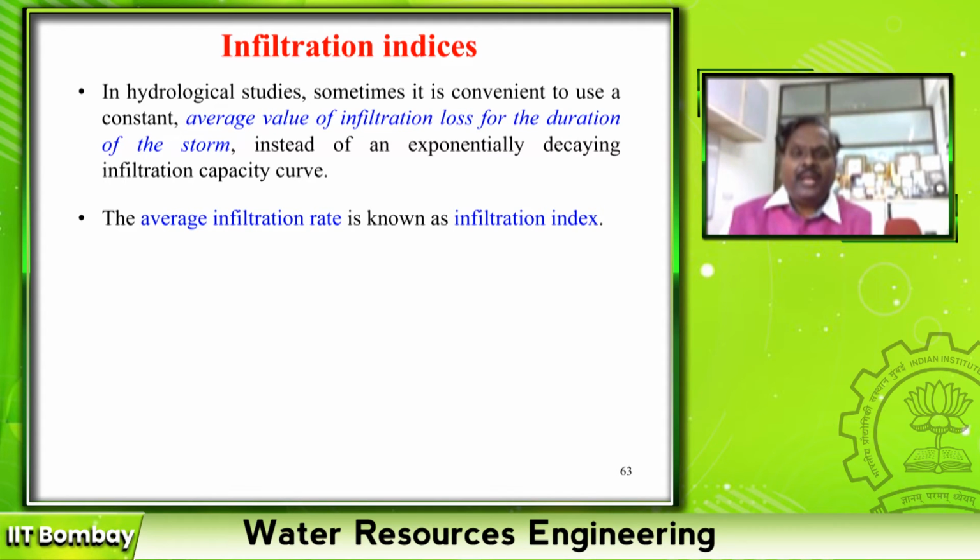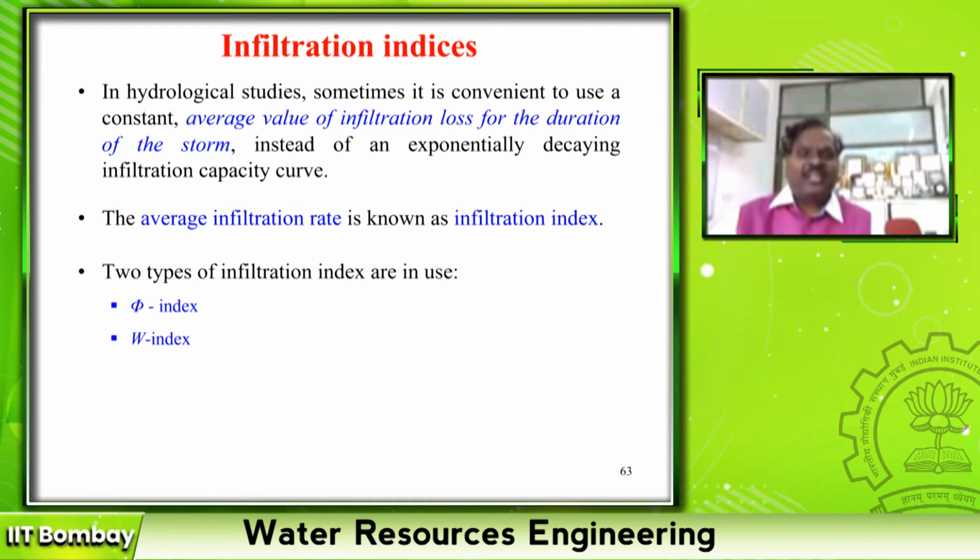But when I am doing a lumped model, like only total rainfall, total runoff, total evaporation, total evapotranspiration, then I have to give the total infiltration. So then what happened? People used to develop an average value for infiltration loss, and that is called infiltration indices. There are two infiltration indices. One is called the phi index, another one is called the W index. Phi index is only an infiltration loss, whereas W index also considers the initial loss. You remember depression storage and abstraction losses, right?